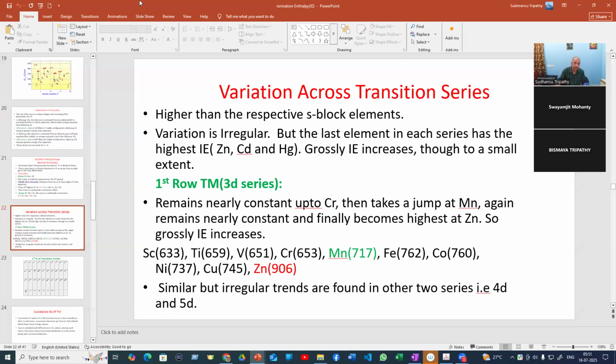But suddenly, as it becomes d6, although you are removing electron from 4s, it comes down, and then it goes on increasing. Then the nuclear charge takes a sudden, prominent role, increases, and then remains more or less constant. It was 7 after 6, suddenly it gave a jump, then it went slowly, steadily increasing, then became highest. Similar but regular trends are found in the other two series, 4d